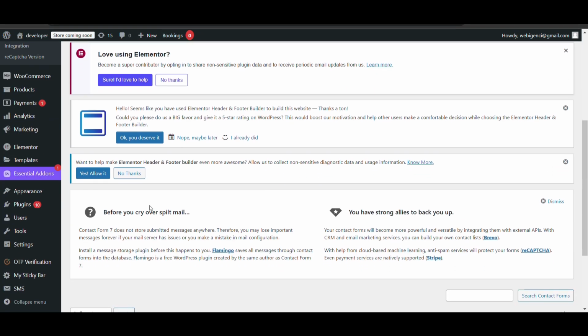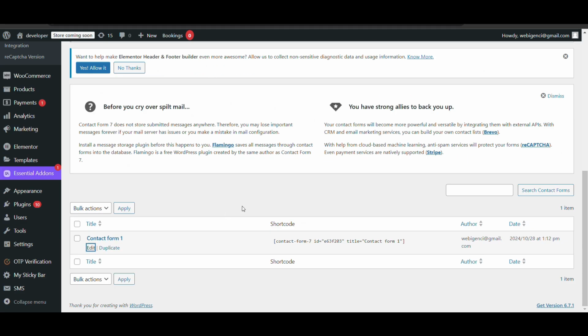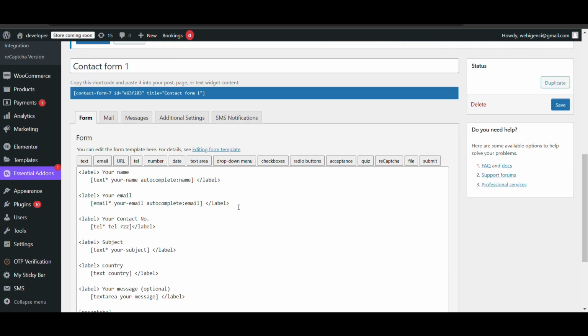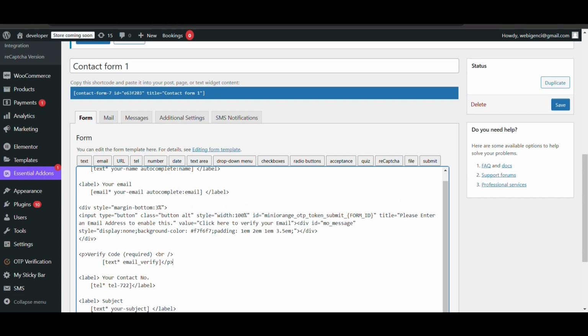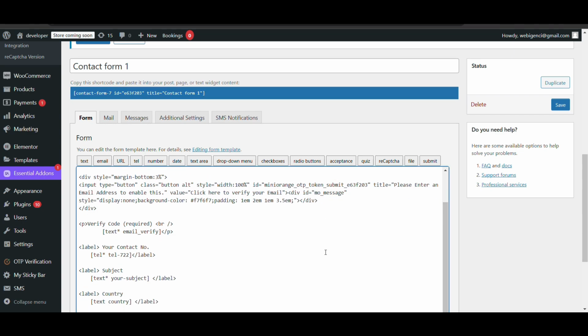I will click on edit. Here I need to paste it below your email. Then I just need to change the ID, the submit ID, to that particular ID. I will change it to E3.